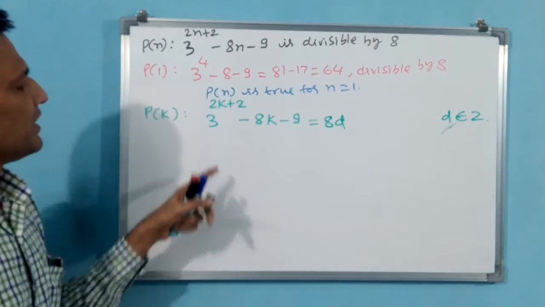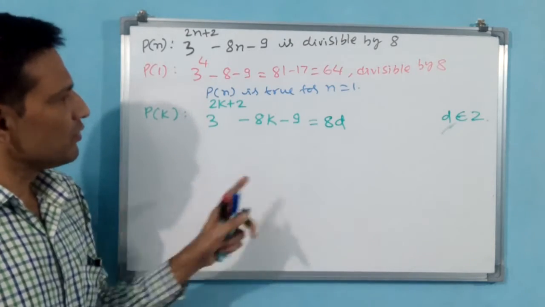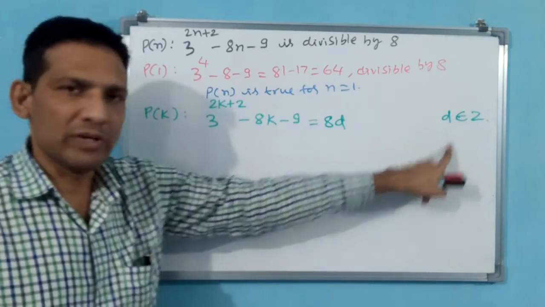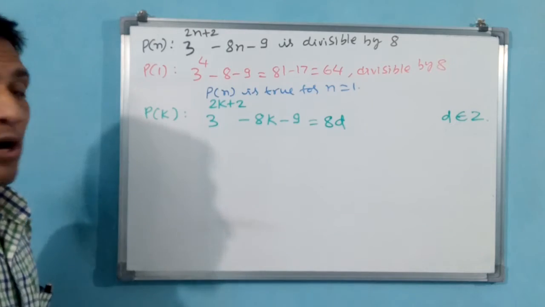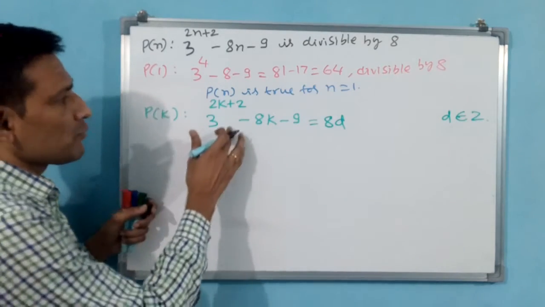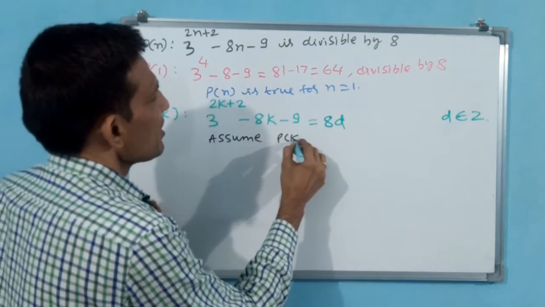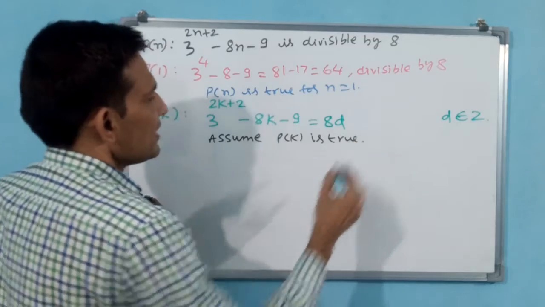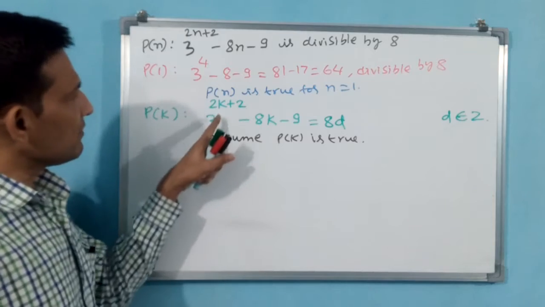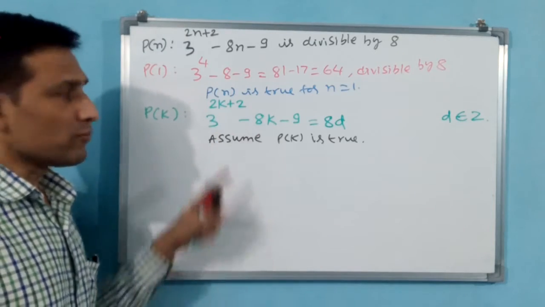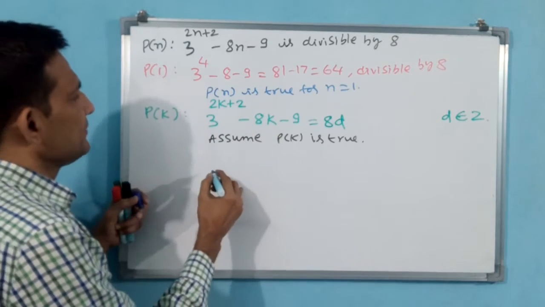Why? Because we don't know the statement. For bigger values, whether this is going to change or not, I don't know. Let us take Z. Z means N also will come. That is not wrong. But now this you have to assume is true. Why? Because we don't know the k value. That is why. Assume P of k is true. Definitely you write this step. Now you modify this one. Why? Because in P of k plus 1, 2k may come or 2k plus 2 may come. 2k if comes, means again you have to come back again. That is why better you split this.